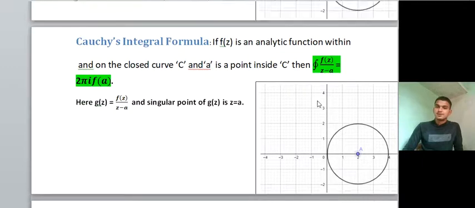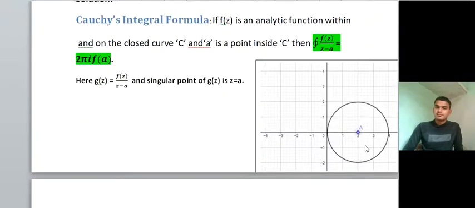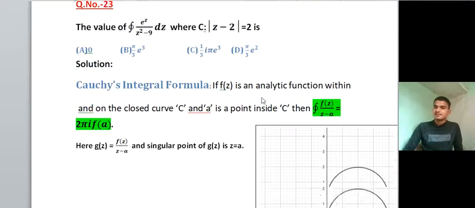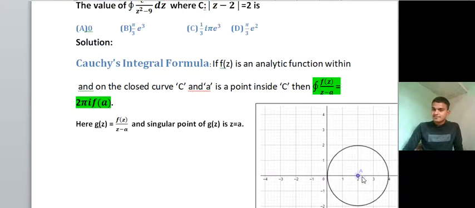Okay. So you can see this diagram. Here this is a circle and the center there, it is not capital A. It is written here capital A, but it is not capital A, it is a z0. Z0 should be written there. Okay. So you can see this point is 2, so the center of this circle is 2 plus 2. Okay. The radius of this circle is 2. You can see here the distance between this point and this point is 2, so the radius of this circle is 2.